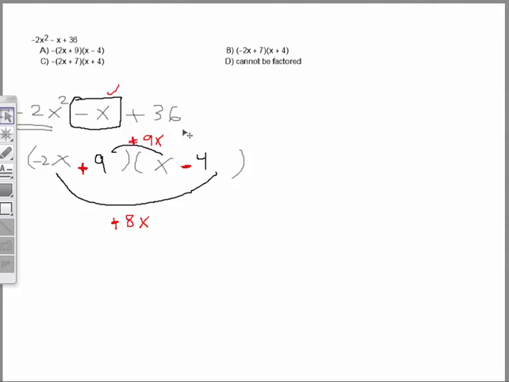And then also the last two terms are not going to work either, because if I look at the last two terms here, plus 4 times minus 9, we want to get plus 36, not minus 36. So that's not working. Do you agree with that? I agree. The 9 has to be negative. Okay. So the 9, if you want to make a 9 negative,